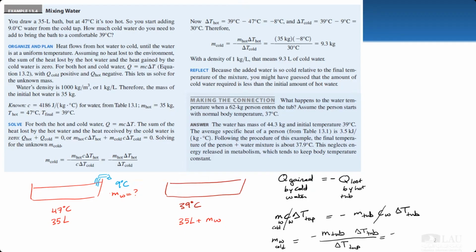Now, rather than giving me the mass of the water in the bath, I'm giving the volume, but it's okay. Rho is equal to M over V. So M is rho times V. So I'll just put the density of water, which is 1000, times 35. One more issue, this 1000 is kilogram per meter cubed, and this is liters. So I will multiply by 10 to the power minus 3. This is meters cubed per liter. So I have converted to meters cubed, really. So this will give me 35 kilograms